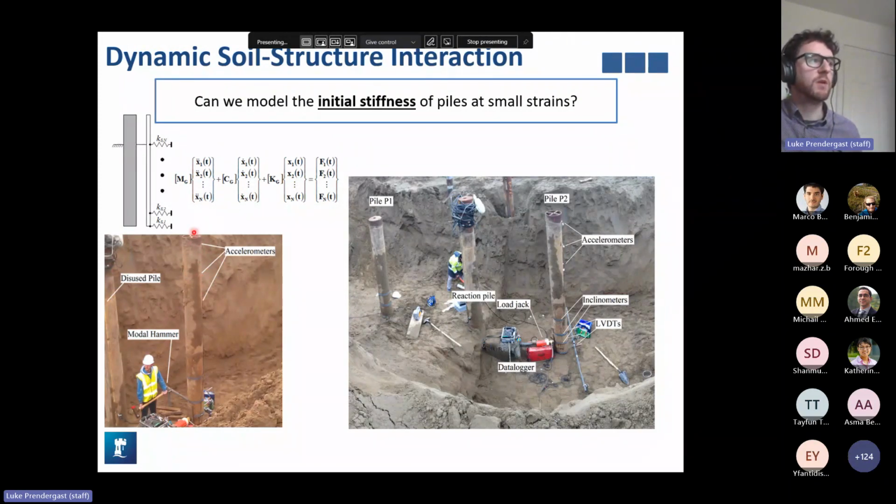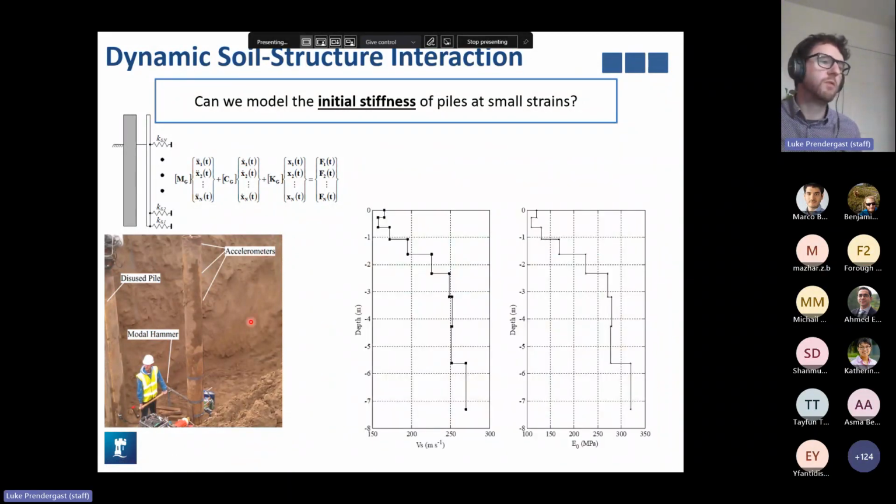Now, the idea is that we model the pile as a series of beams and springs, and then we try to estimate the frequency response using a variety of available equations from the literature that purport to be able to give us the small strain response. So the first question is, how do we inform the soil structure interaction?